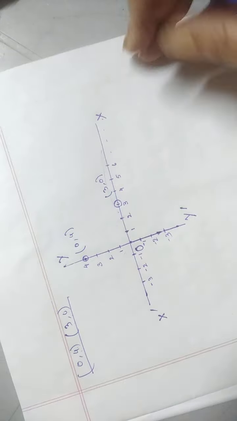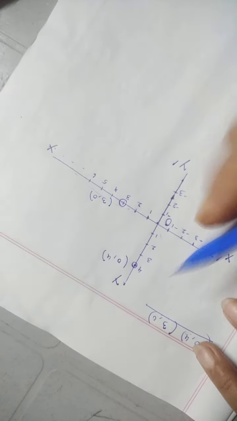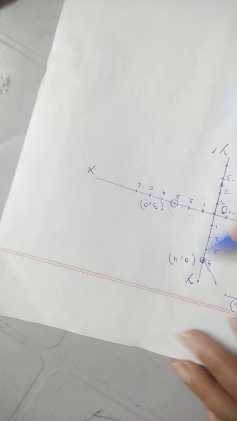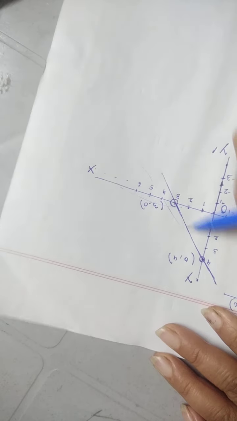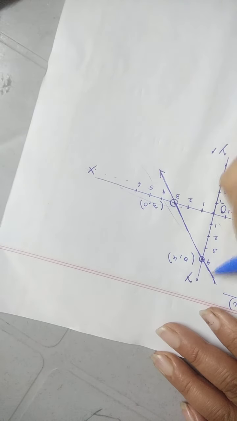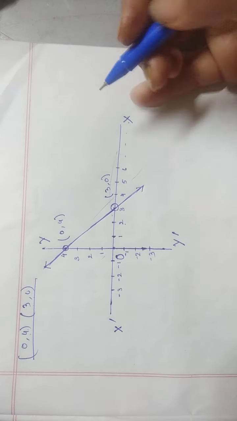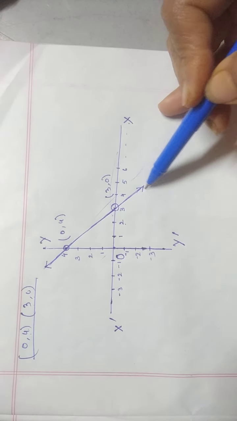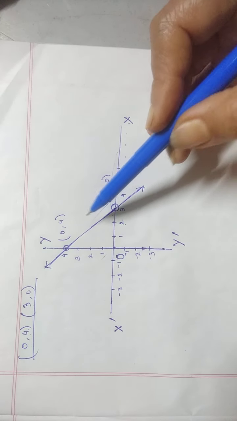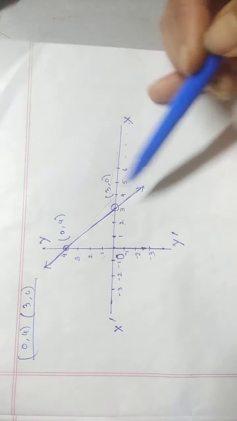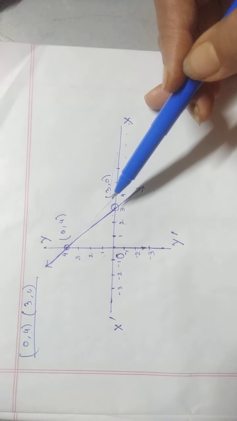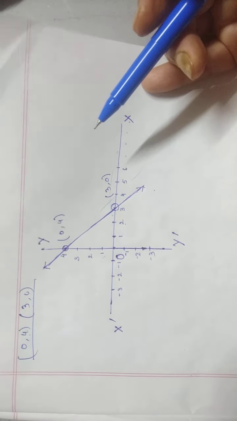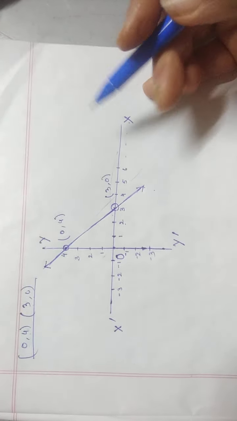Now you have to draw the graph. That means you join these two points. So you have to join them with a straight line. Always, if the calculation is correct, then you find that it is a straight line. If you don't find a straight line, then obviously your calculation is incorrect. So this is how you represent the linear equation graphically, and you find a straight line. Okay, so always you have to join all the points. You can find out more than 2 points. You can find out 3 or 4 points also. Clear? Okay.